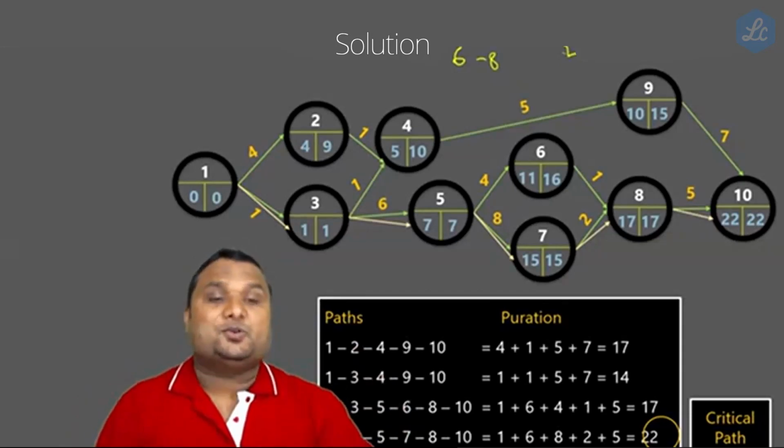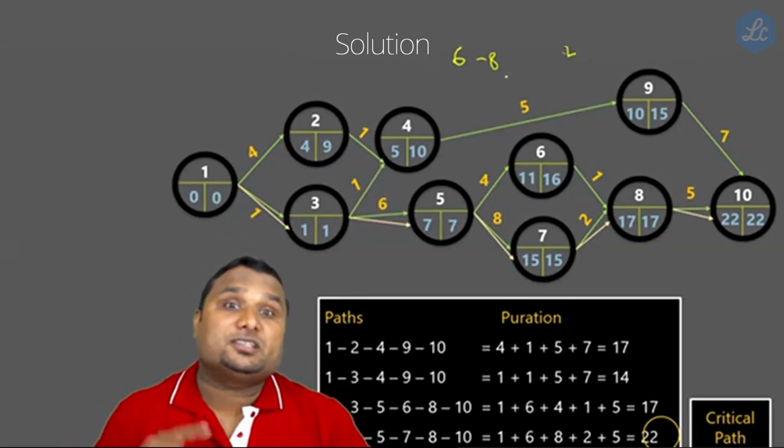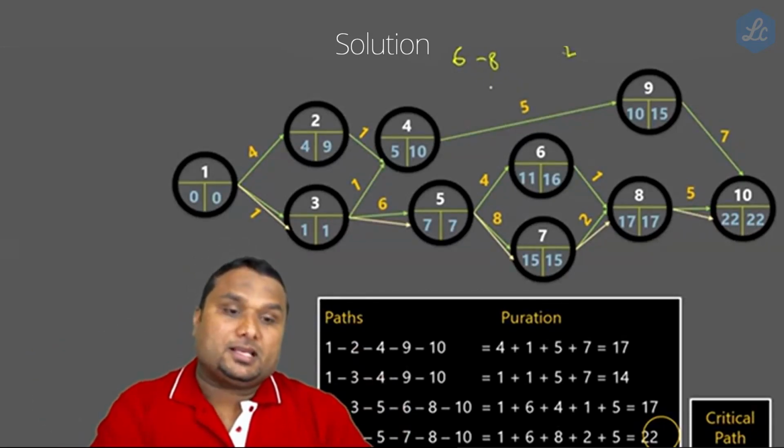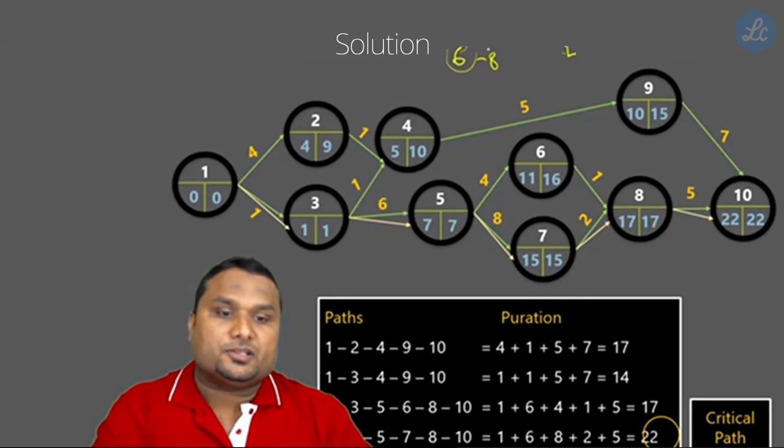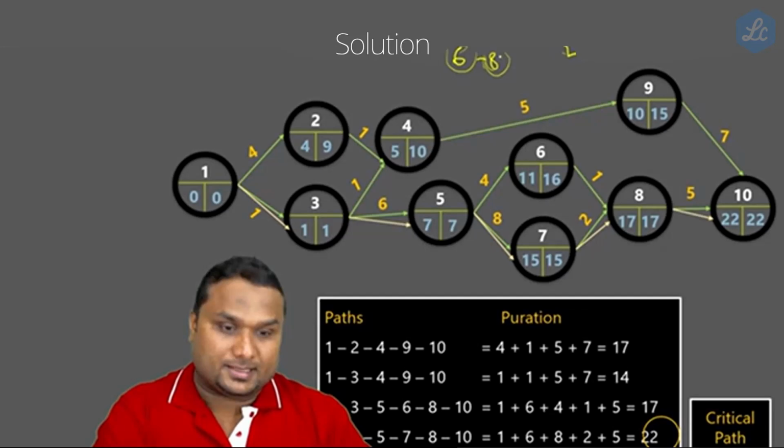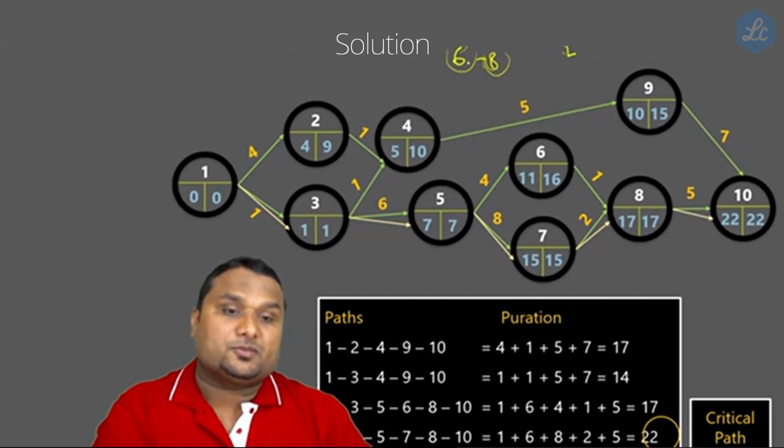Okay. Now you have to think in a way that which is the finishing point. Earlier it was the starting point. Starting point was 6. Now we are discussing the finishing point. So which is the finishing point? The finishing point is 8. What is the finishing point of 6 to 8? 6 to 8 means it is 8.